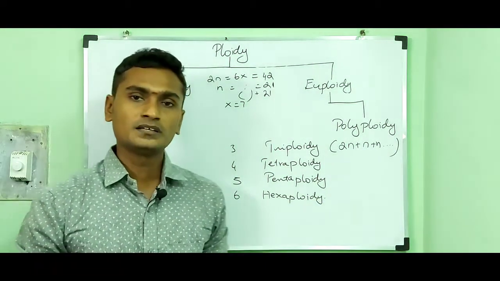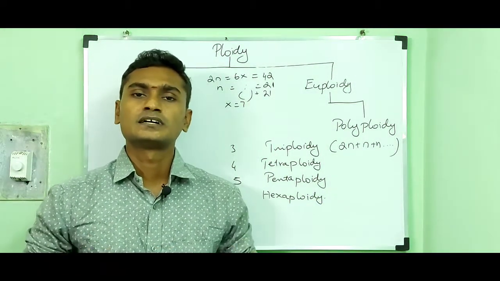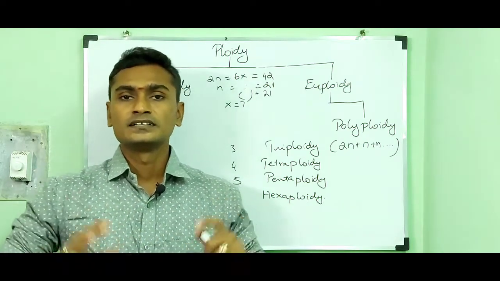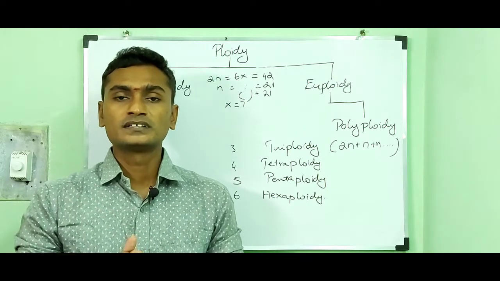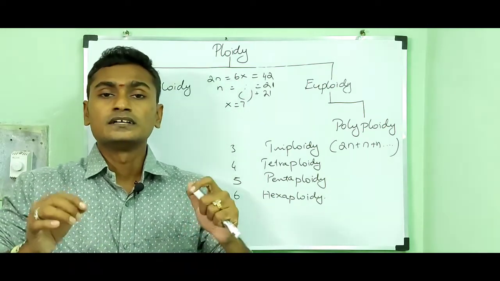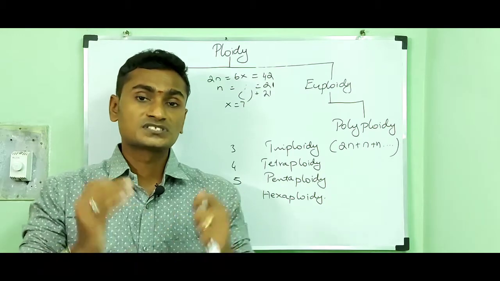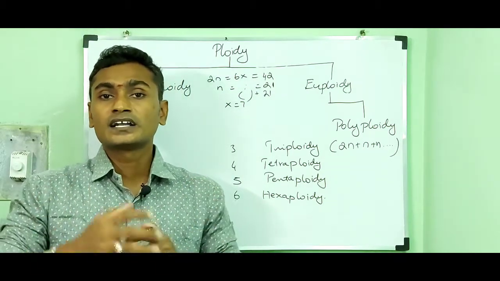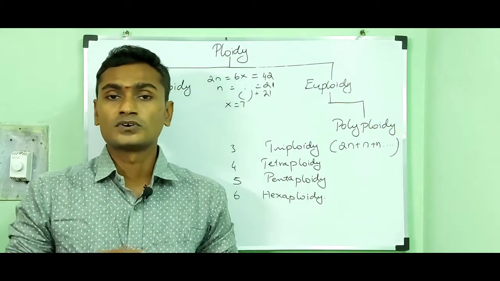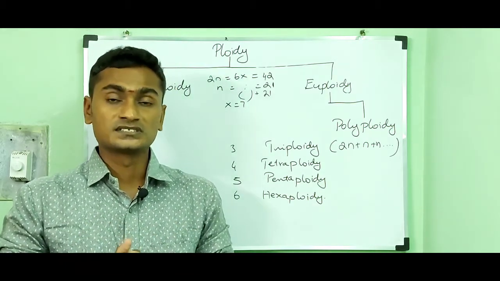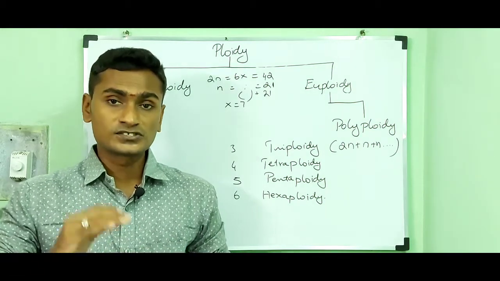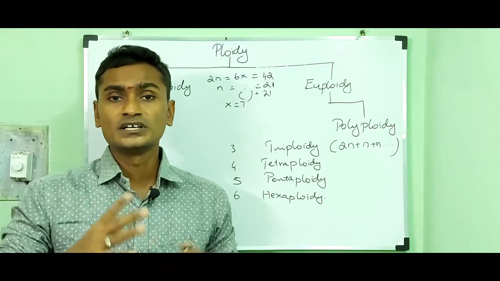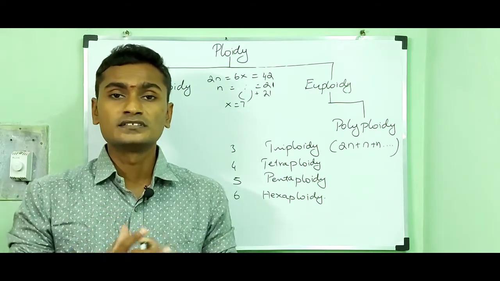Generally, the polyploidy condition is common in plants but rare in animals. An increase in the number of chromosome sets has been an important factor for the arrival of new plant species. Then, a higher level of polyploidy leads to death. That is, they are lethal in nature.